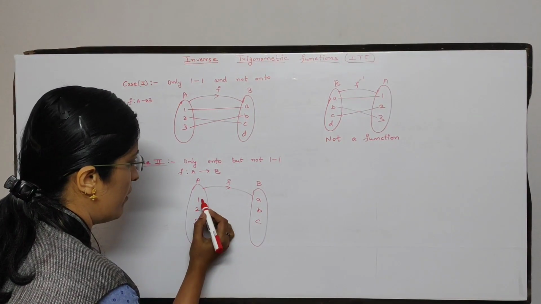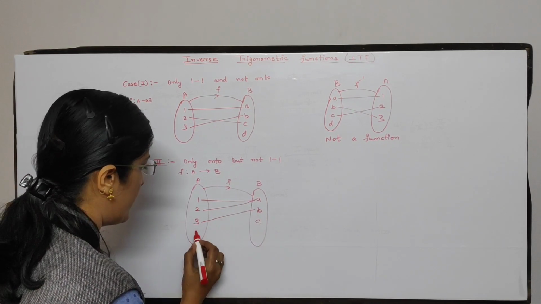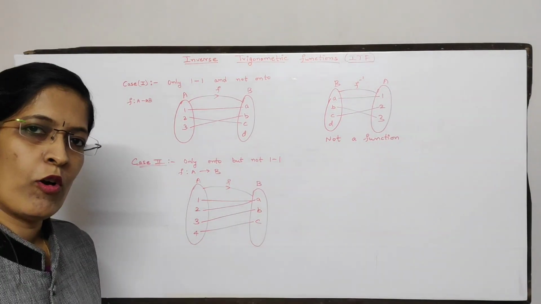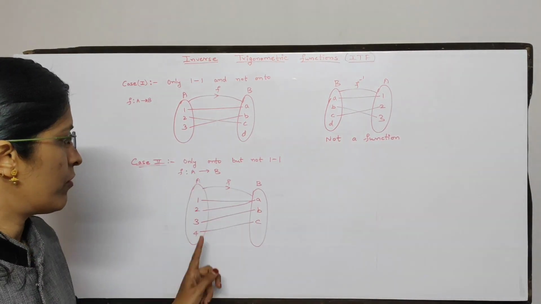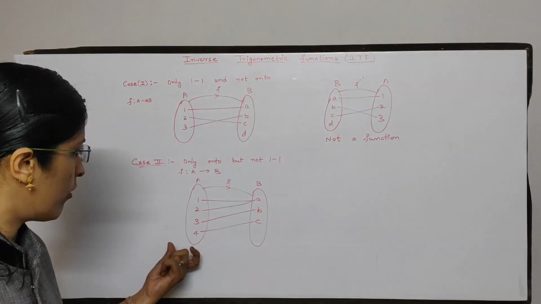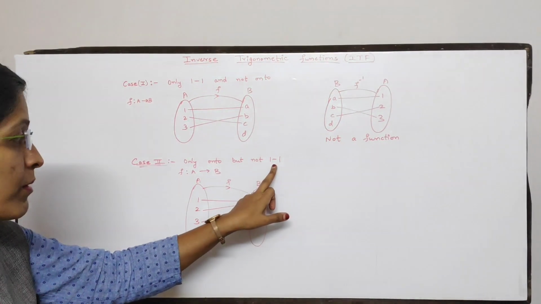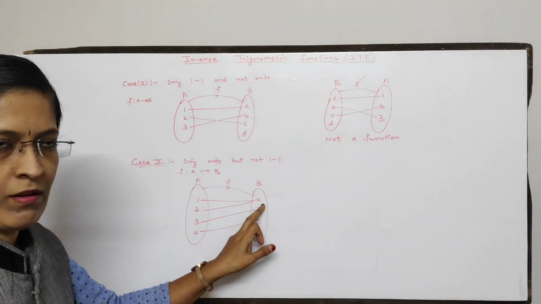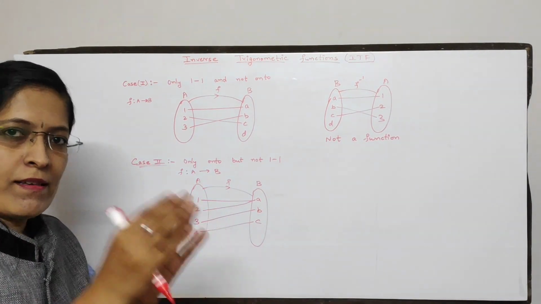Okay, so let us draw the figure. Let me take one more element here. So this is an onto function. Two boys are getting one room, okay, because it is onto function. This can happen. Here all the rooms are filled, yes. All the boys have got the room, yes. So this is an onto function, but it is not 1-1. Why? Because two boys are getting one room. 1-1 means single boy, single room.